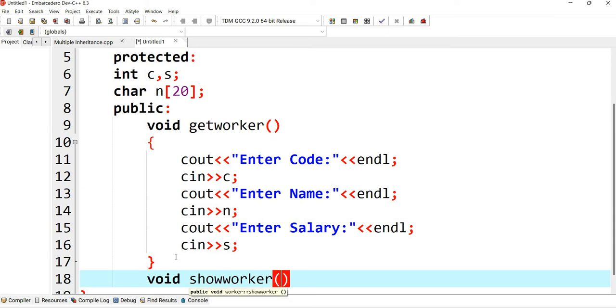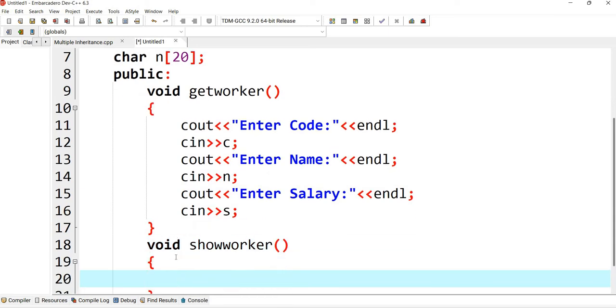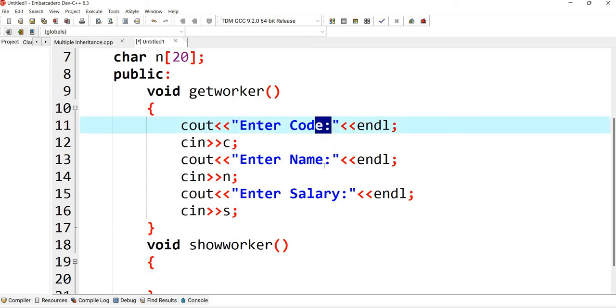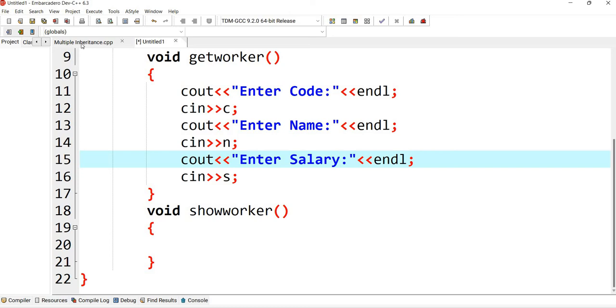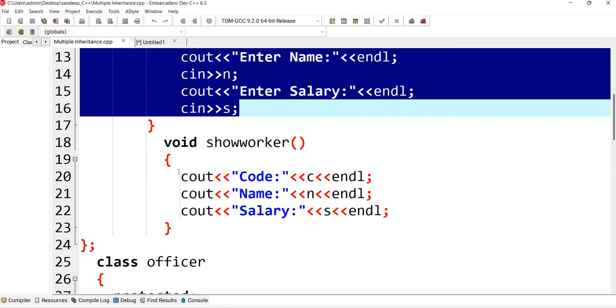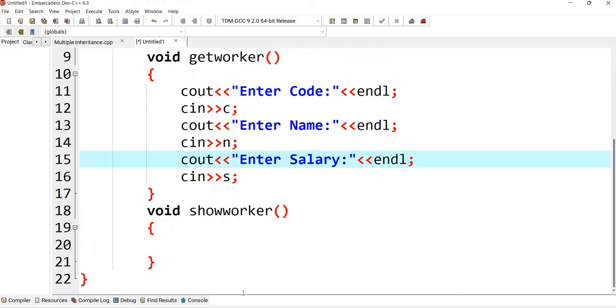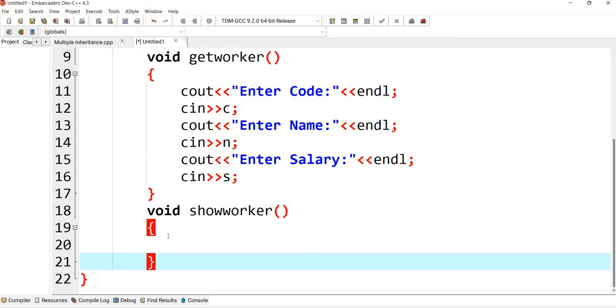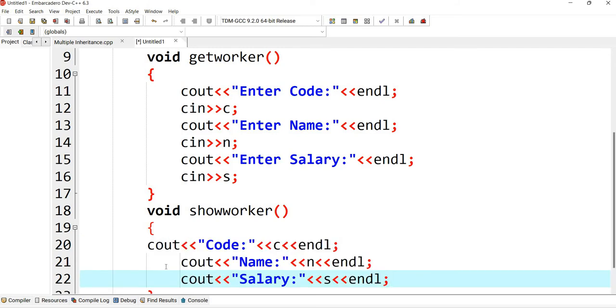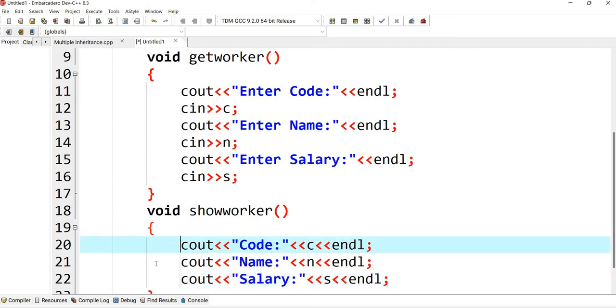Now we need to display this code, name and salary. So this is the next member function for displaying the name, code and salary.